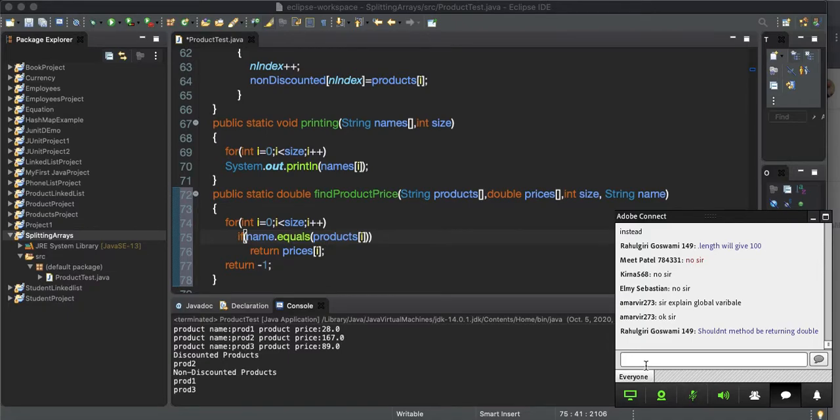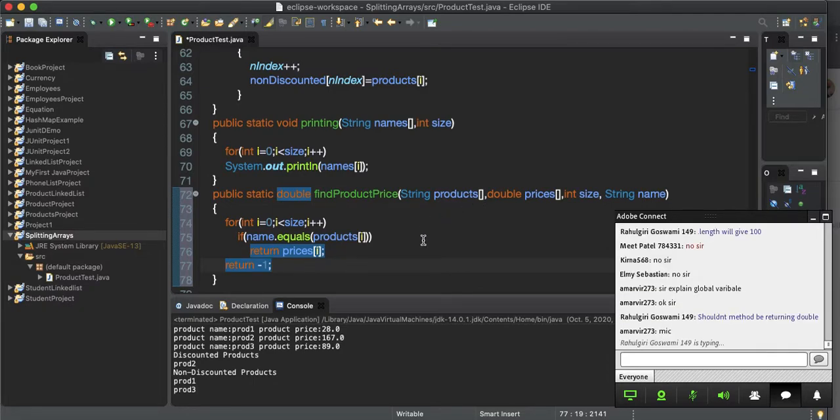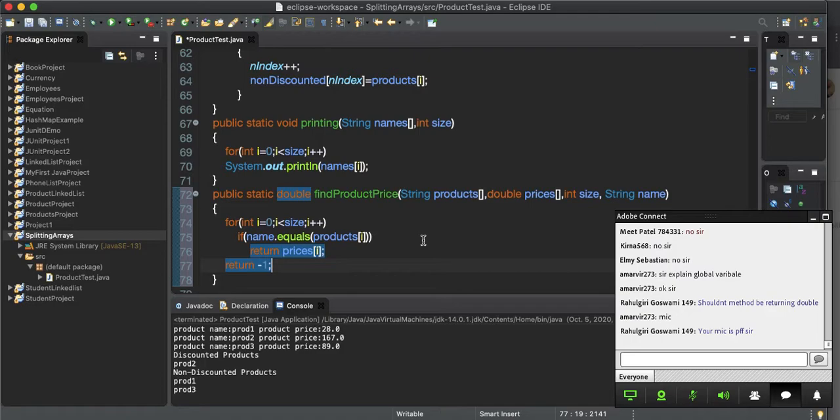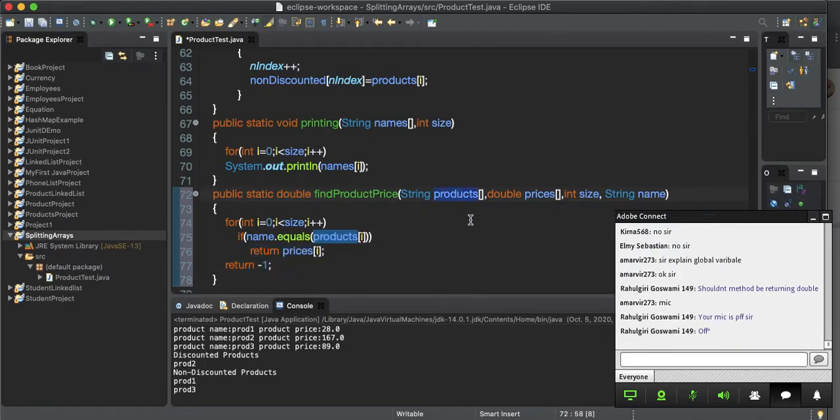Okay, so here every time we need the price, we give the name and we get the price. But we don't pass the products because